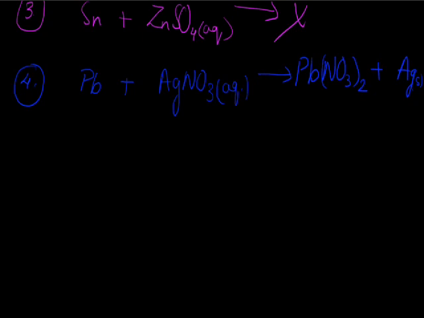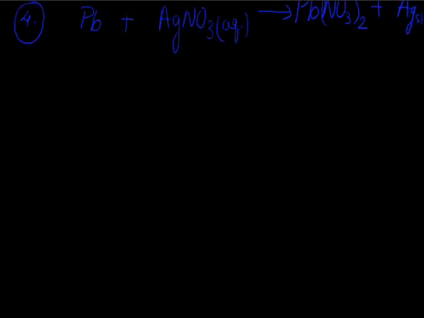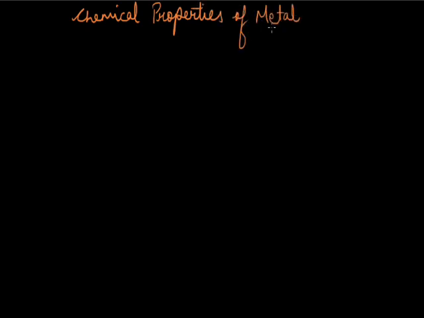Now after studying the displacement reaction, we will see the chemical properties of metals. As I said to you, metals lose electrons, and due to that they have many chemical properties. They show differences in properties from the non-metals. Now we will see some examples of how metals lose electrons. Actually the valence electron is very loosely bound.